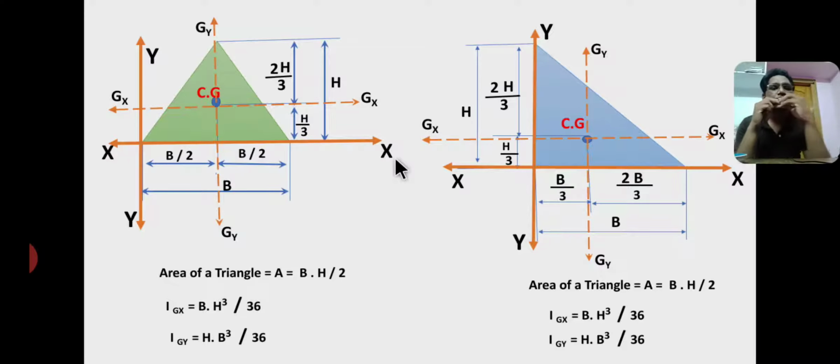The centroid of a triangle lies where its median lines meet each other. Therefore, the centroid of an isosceles or equilateral triangle lies at a distance of base by 2 from the y-axis and h by 3 from the x-axis,